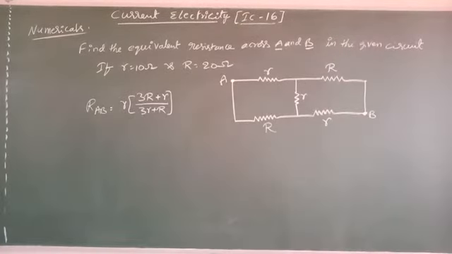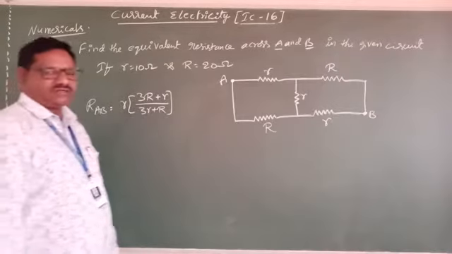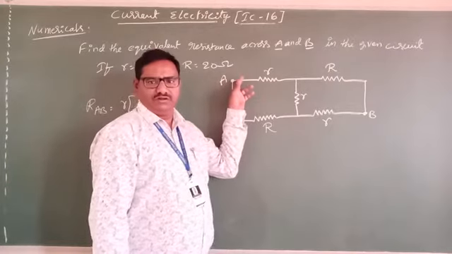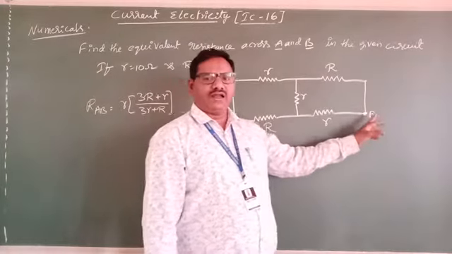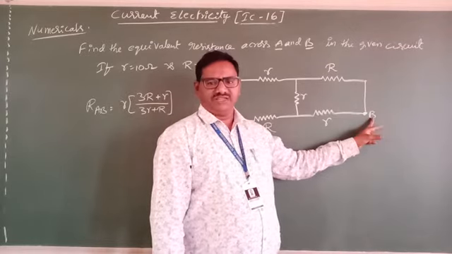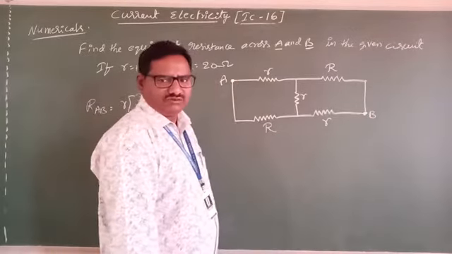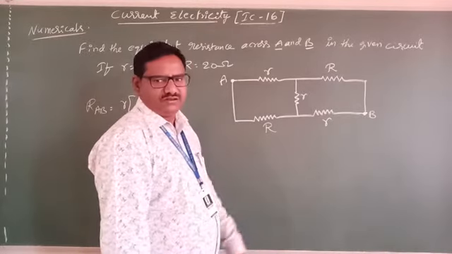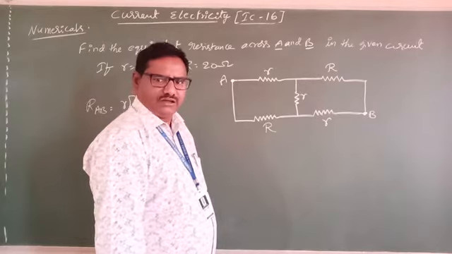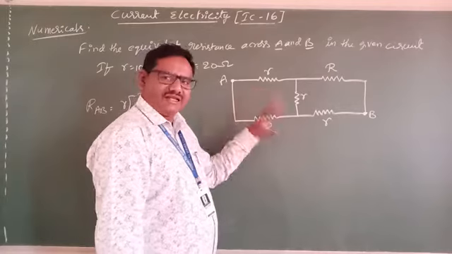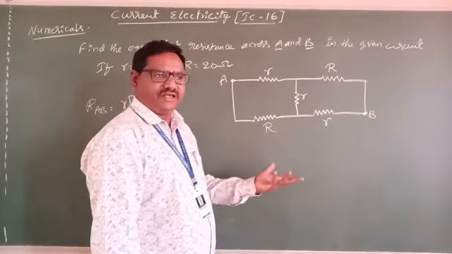Here one simple circuit is there. See that? Find the equivalent resistance across A and B. Where is A? At one corner of the circuit. Where is B? The other diagonal corner, on the opposite side. Clear? Now in this one, observe here, is this a bridge? Is it a bridge or not? Yes, it is a bridge. Which bridge? Wheatstone bridge.